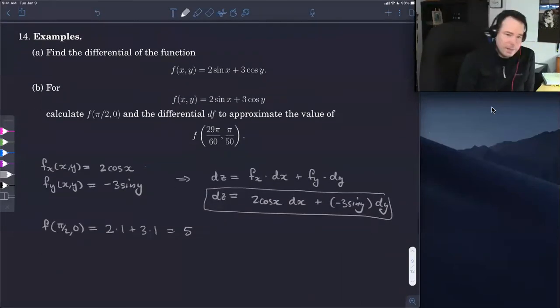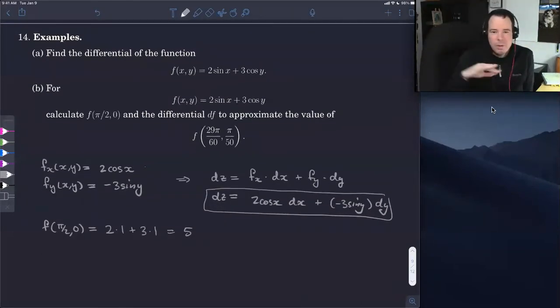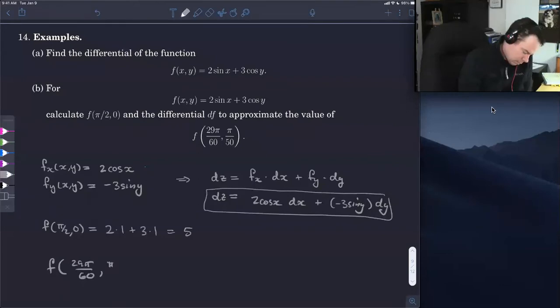But the differential allows us to adjust a little bit based on how the surface is behaving there. Is the surface increasing steeply in a particular direction? Use that to make a slight adjustment on how your approximation should behave. If the surface is really steep there, then as I move a little bit in a direction, I should be able to say how high I have to move up, and that's what our differential is capturing. So what this is going to tell us is that f of (29pi/60, pi/50) is approximately